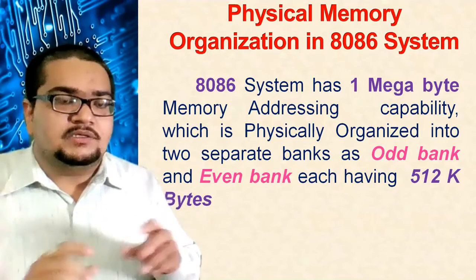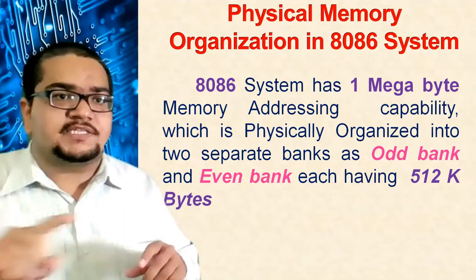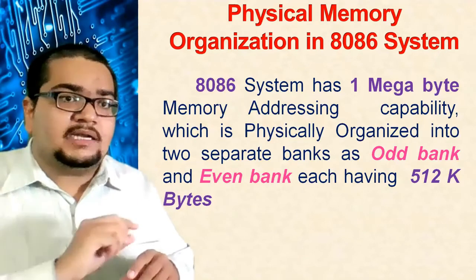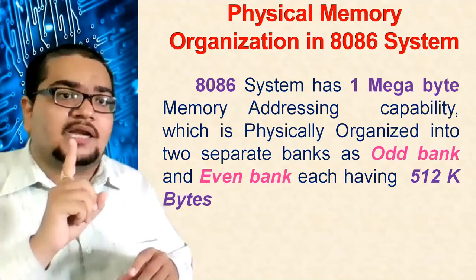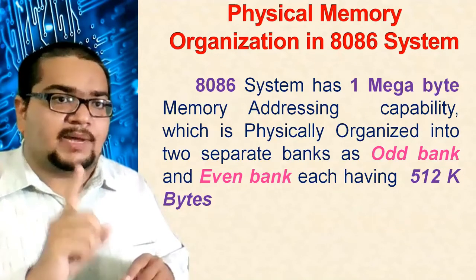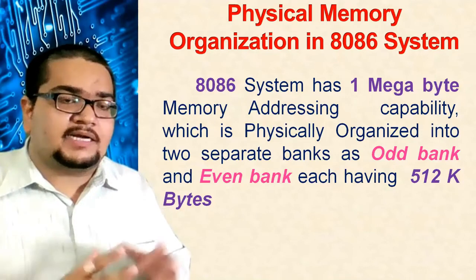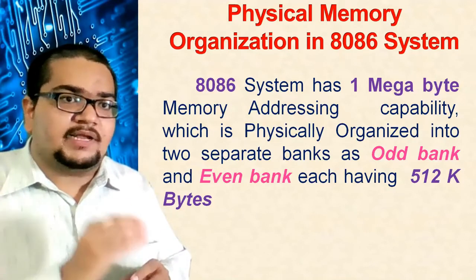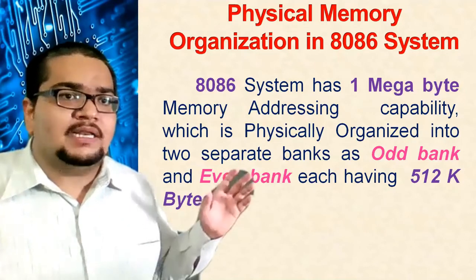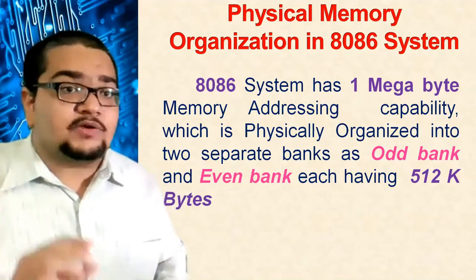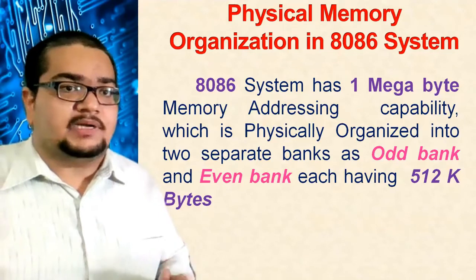in binary. For 0, you will write all 20 zeros. For 1, writing decimal 1, you will write 19 zeros and a single digit 1 in binary. Okay. So when we talk about address bus bits, A0, A1, A2, A3, A4, and so on till A19, because it's a 20-bit address. A0 to A19. A0 is the LSB bit, A19 is the MSB bit.